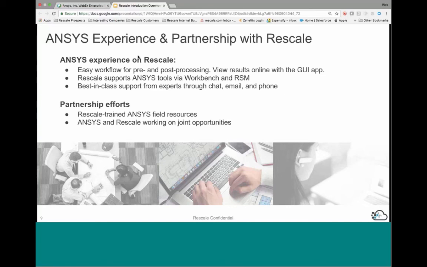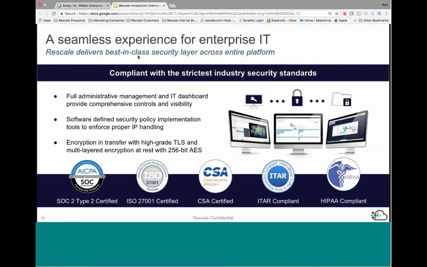Just to give you a sense of it from my perspective, I'm probably spending 65% of my waking hours engaged with ANSYS-related projects where customers are looking to run ANSYS on Rescale. We make this a seamless experience for enterprise IT. Seth said it best. They don't want to spend their money on people to run clusters. They want to focus on what their core competency is, and that's building championship-winning race cars. So we take care of that back end.